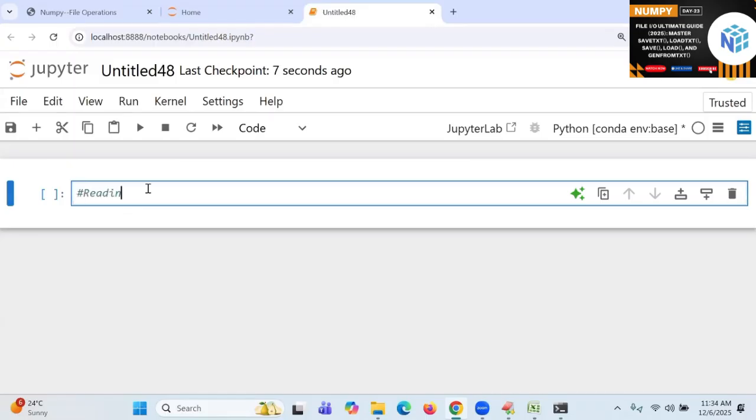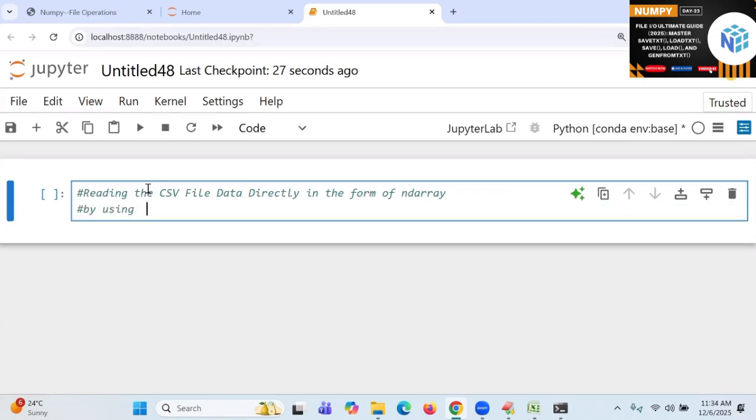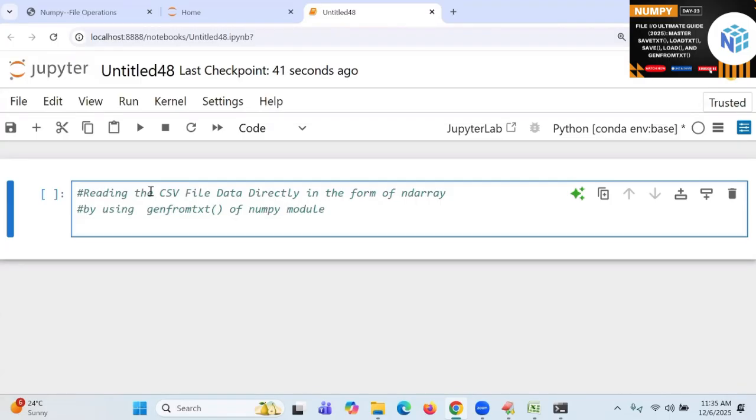Here, reading the CSV file data directly in the form of an ND array by using genfromtxt of the NumPy module. So how do you do that? Very simple, students. First of all, try to open it.